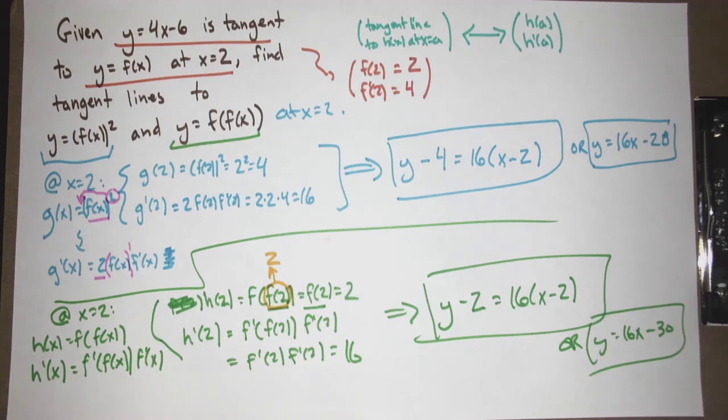So the only chance we have is if we know things work at 2. But we could always have a problem that gives us a lot more information. And then it's always a matter of, okay, there's a lot of information. What's the right information to use? And we'll have problems like that, assuming we go at a good enough pace. All right? Cool.